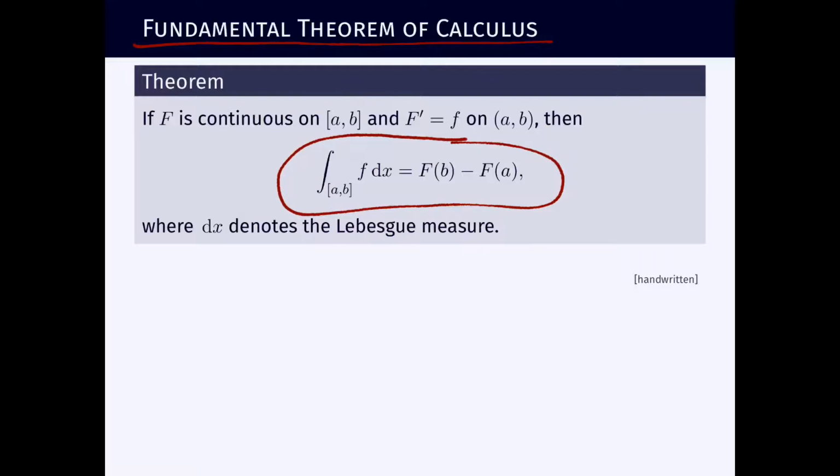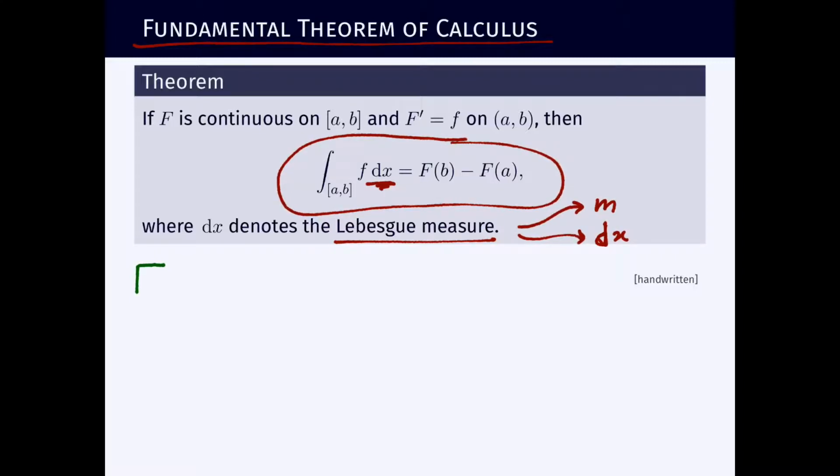And so in practice, if we want to compute an integral, this is how we compute it. And this dx here, conveniently, is just a way to denote the Lebesgue measure. So the Lebesgue measure can sometimes be denoted m, but sometimes it can be denoted dx, which helps this expression look more familiar to us. Now, how do we prove this theorem? I'm not going to write the entire proof of this theorem because this is not the topic of this module. We already know how to prove the fundamental theorem of calculus for the Riemann integral.